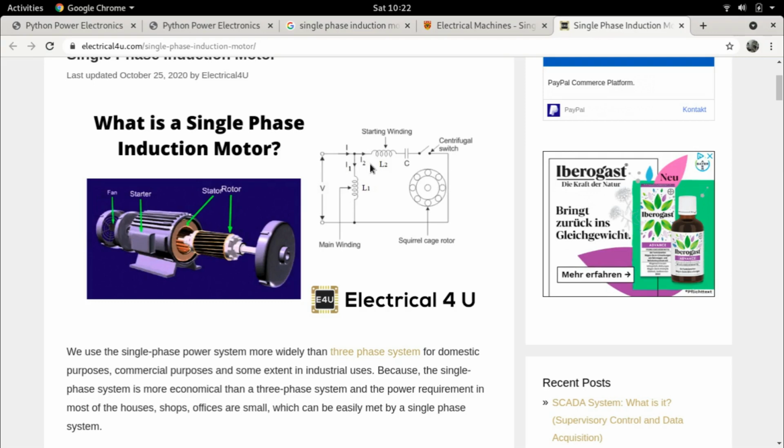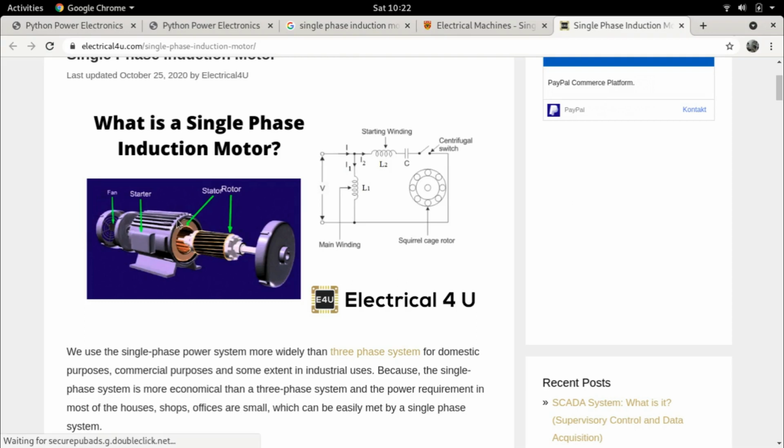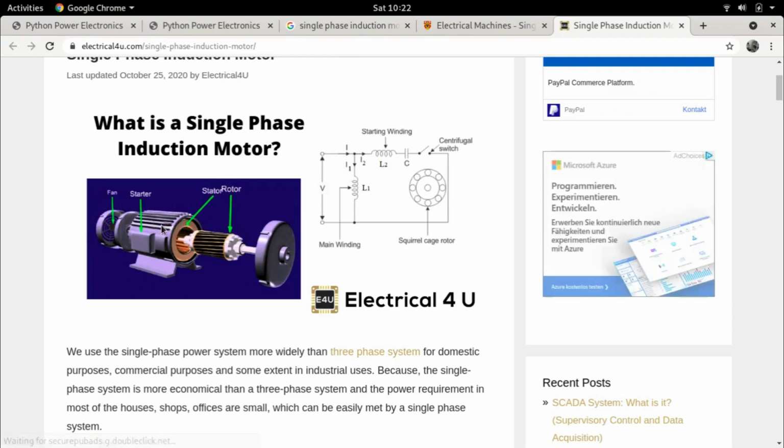It contains the stator coils, and that is this particular stator here, right? Now we'll talk about this second winding soon, but really there is one main winding, which is inductor L1, because that is the self-inductance of a winding. So this winding is wound on the stator, and this gets the main supply voltage. Now the rotor, right? This is the rotor.